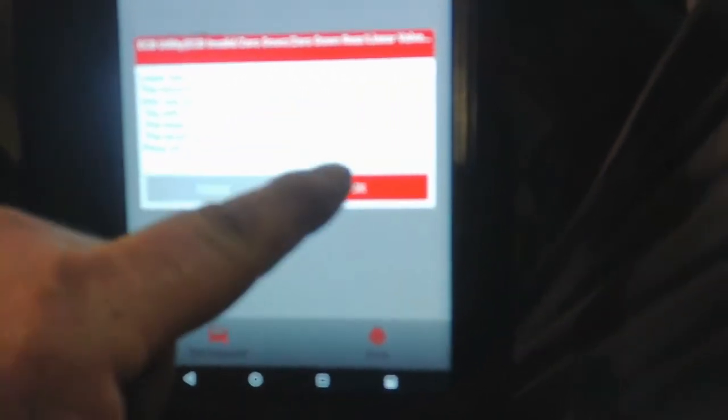Alright, before I clear the codes or anything, I want to do this ECB utility. This will reset the linear valve offset. And you do this if you replace the actuator, ABS ECU, stroke sensor has been replaced, whatever. So we're going to hit